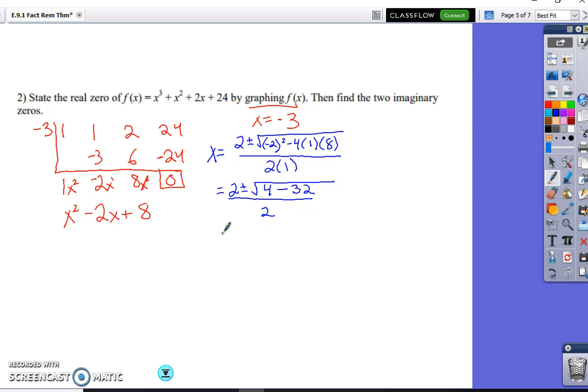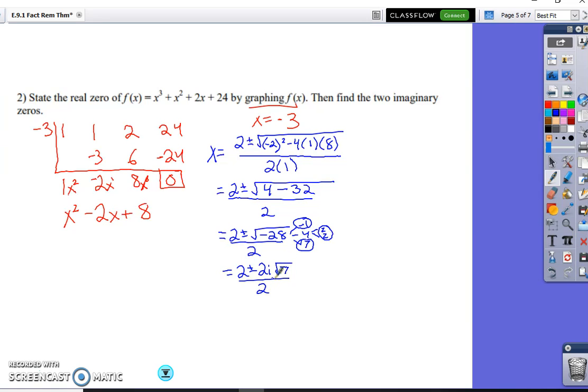Keep solving, I'm going to solve the inside here, so I'm going to get 2 plus or minus the square root of -28 over 2. And then I need to simplify this square root here. So this is a -1, a 4, and a 7, and the 4 is a 2 and a 2. So -1 comes outside as an i, the pair of 2's comes outside as a 2, and the 7 is left over on the inside by itself. So that means that this is 2 plus or minus, again, the 2i comes outside, root 7, the single stays in,